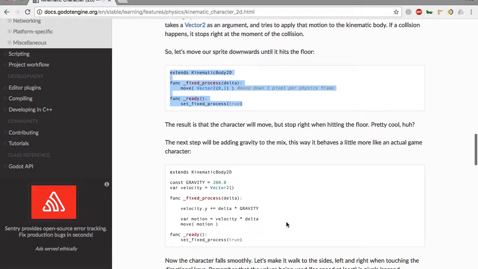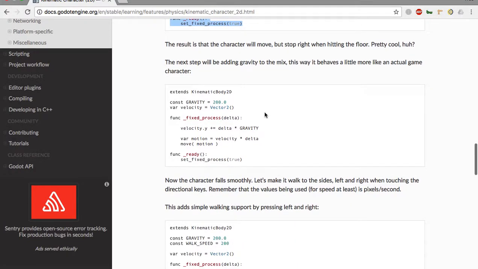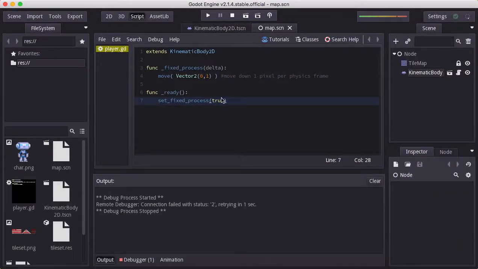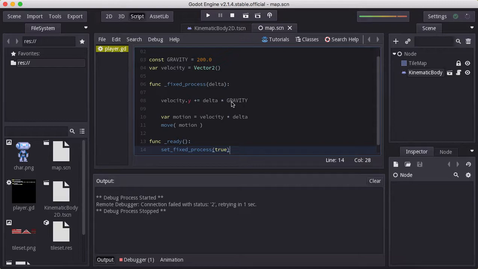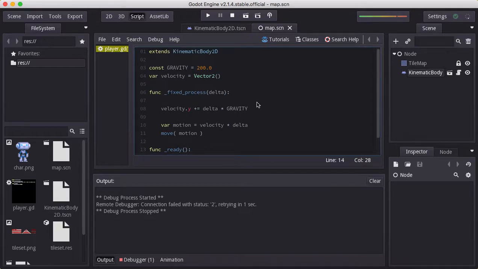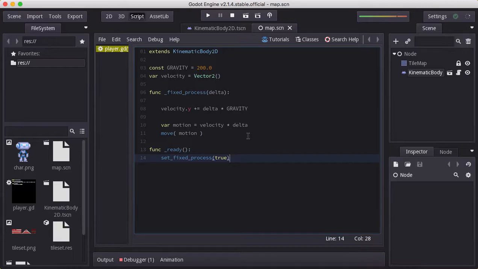So what is next here? Let the actual game begin. We need to add some gravity, and let's create some motion with this code. So let me apply this code and replace it with this code. If I'm going too fast, you can pause the video and try to understand, or rewind or play back to